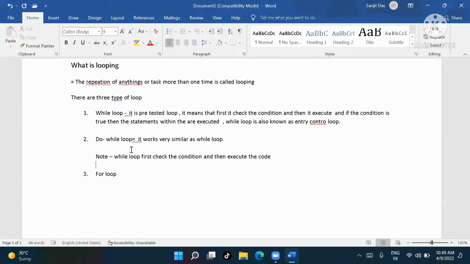But do while loop first executes the code, just opposite, and then checks the condition.